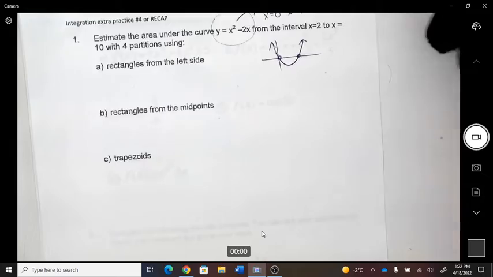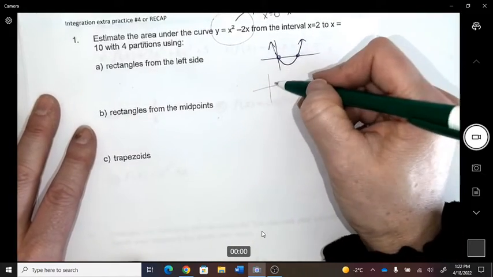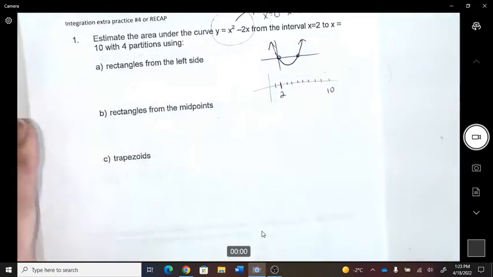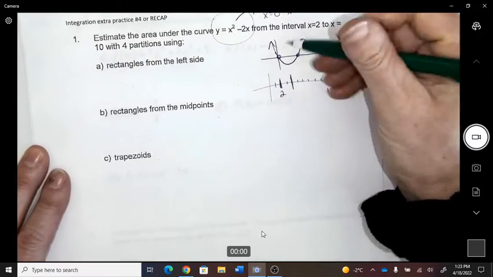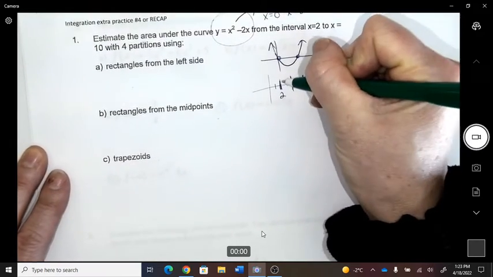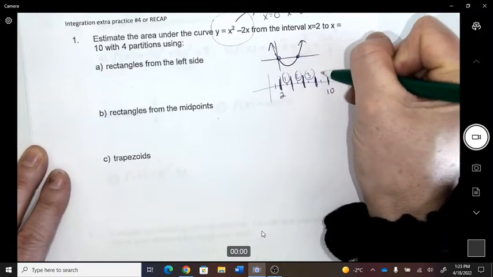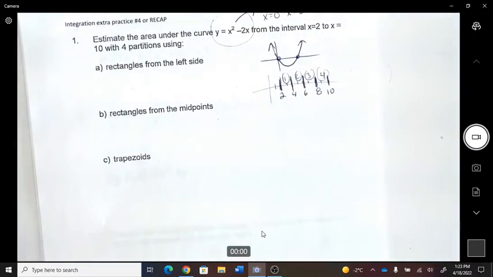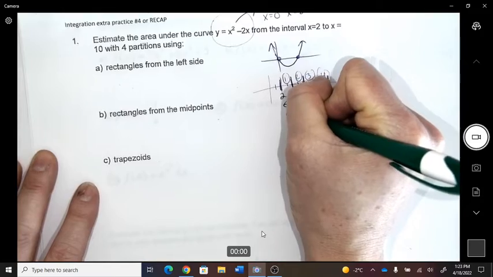Okay, I'm going to go from 2 to 10. And I have to chop it up into 4 sections. So this will be a 4, a 6, and an 8 as x values. Does that make sense if I do that? So each one is going to be 2 wide, each section, right? Sometimes they might be 1 or 3 or 2, so just be careful with that. Okay,